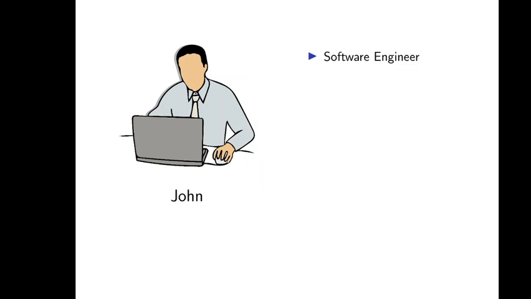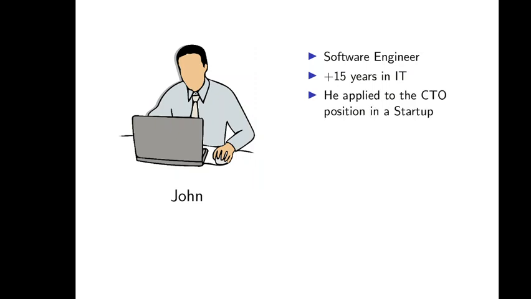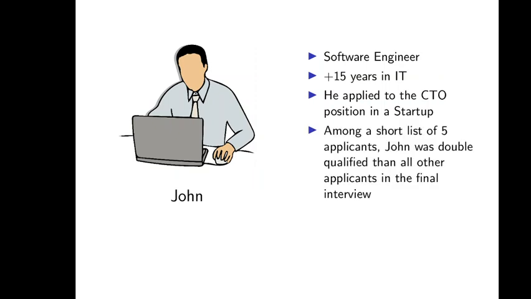John is a software engineer with more than 15 years of experience in the field of IT. John has applied to the CTO position in a new startup. He passed the primary 2 interviews successfully, and he was selected among 5 applicants to go through the final interview. And after the evaluation of the final interview, John has been shown to be double qualified than each other applicant